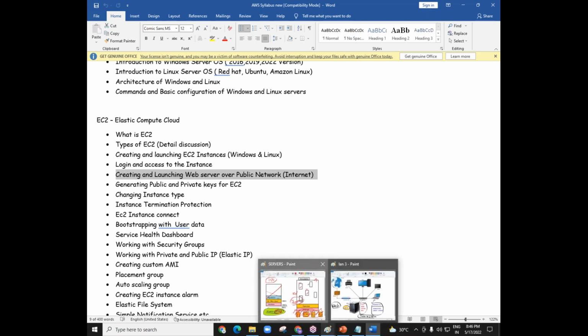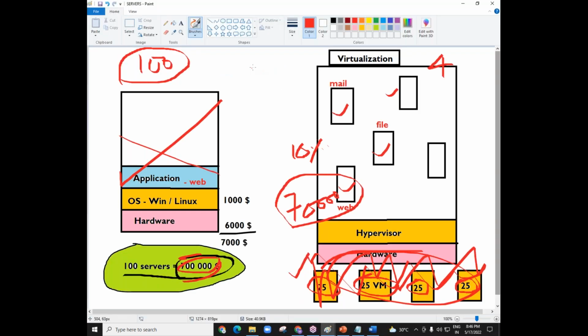So what is the biggest advantage we have? We are saving money. Maybe it is dollars, or maybe it is rupees, or whatever. We are saving lots and lots of money, my friend. The company is saving lots and lots of money.